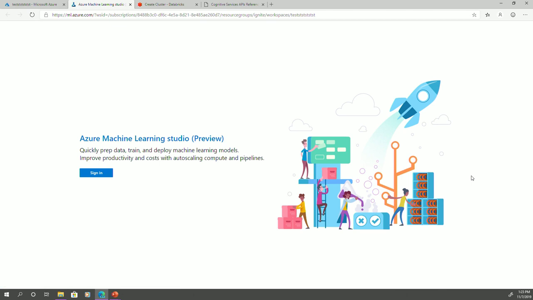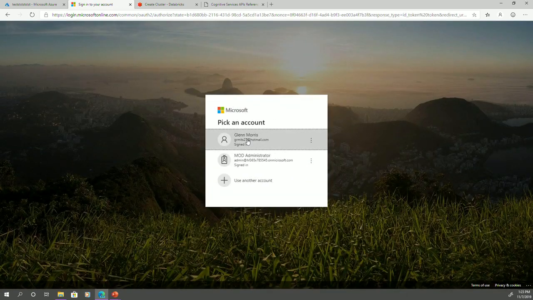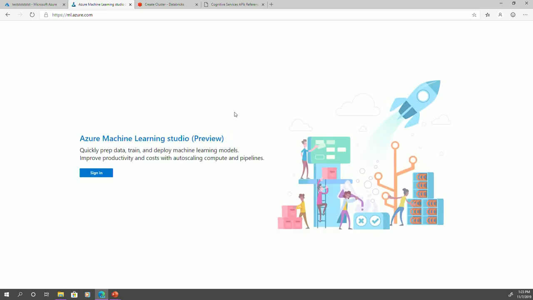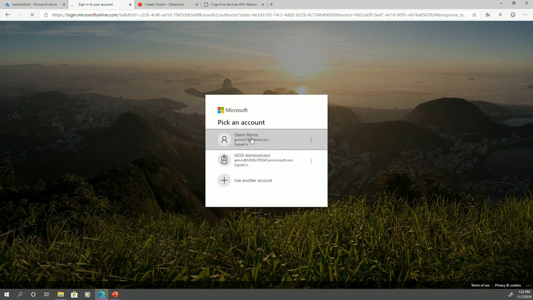This preview portal doesn't exist in the context of the exam, right? So when I sign in here, you're going to see a slightly different portal. This portal will be in the next exam, but the exam as it stands has no idea that this particular portal exists, right? So I'm not saying don't use it, but I'm essentially pointing you at